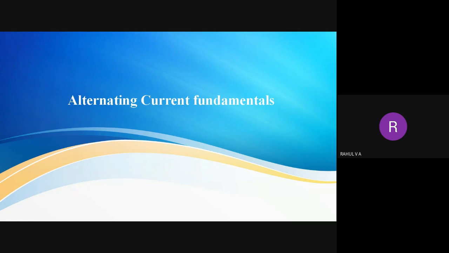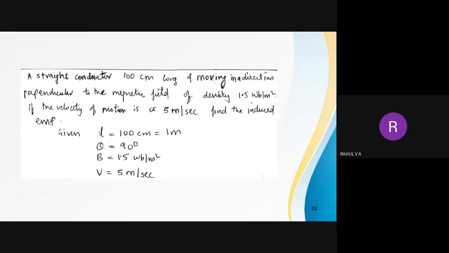About magnetic circuit. We have discussed magnetic circuit terminology, and then we have discussed what is parallel magnetic circuit and series magnetic circuit. Then we have done some problems on that. Later we have discussed what is Faraday's laws of electromagnetic induction, first law, second law, then Lenz's law, then what is induced EMF, statically induced EMF, dynamically induced EMF. Then later we have also discussed self-inductance, mutual inductance, and coefficients of coupling.